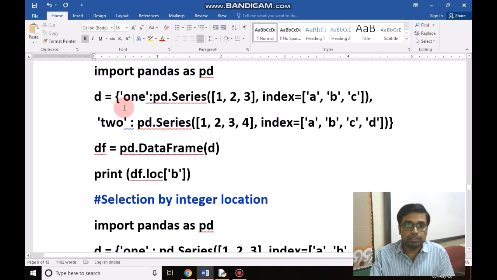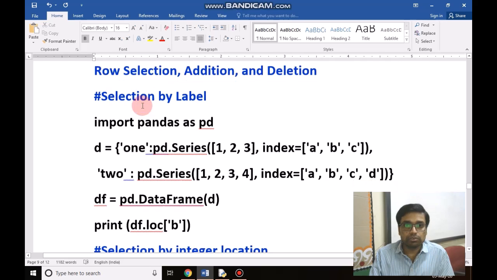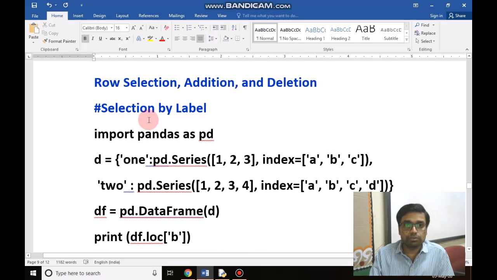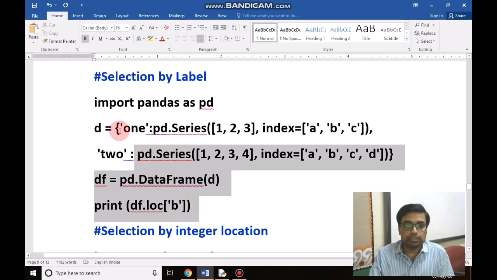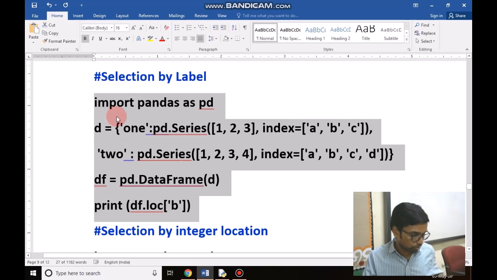We converted the dictionary to a data frame using the pd.DataFrame function, and we will now access a row. We will select a row. How to select a row in a data frame? I will directly copy this code.